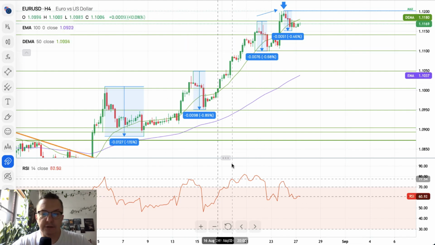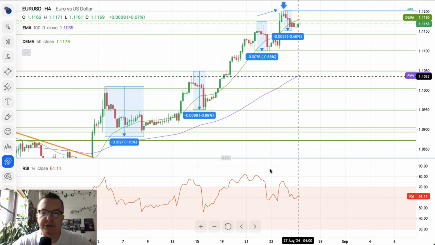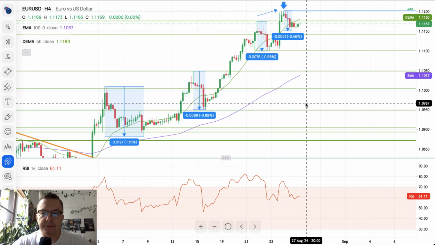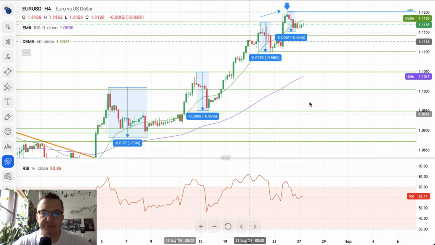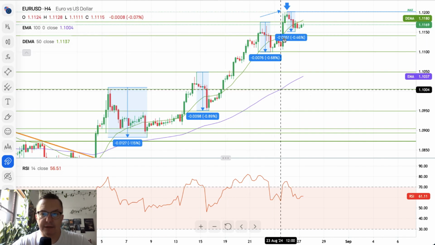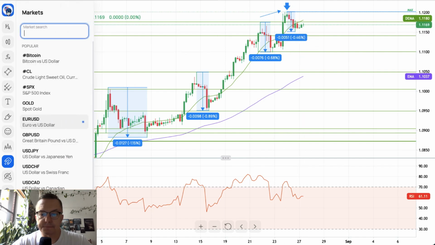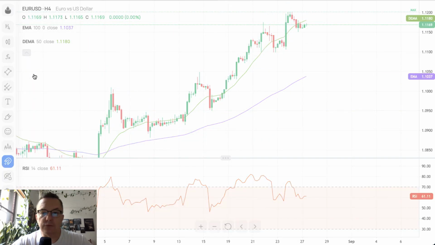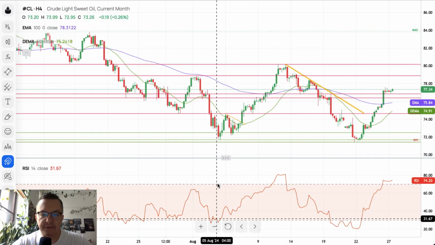Still looking good, still looking bullish, still looking like some sort of the uptrend is being formed. Nevertheless, please notice the fact that the market is now doing the pullbacks because of the bearish divergence. Crude oil, because of the data from the